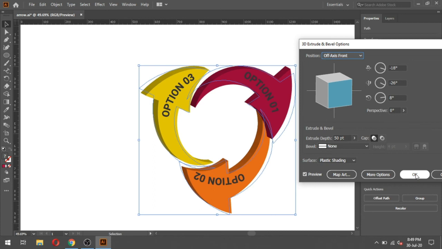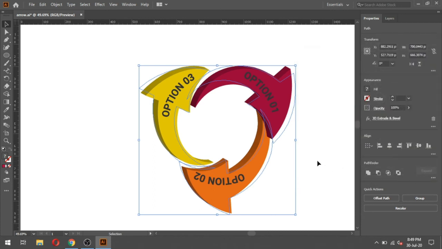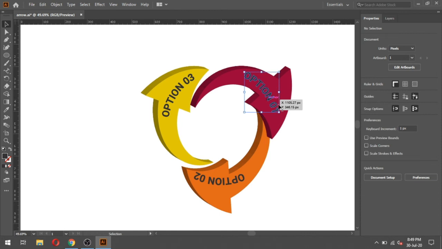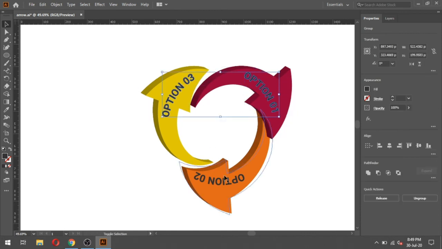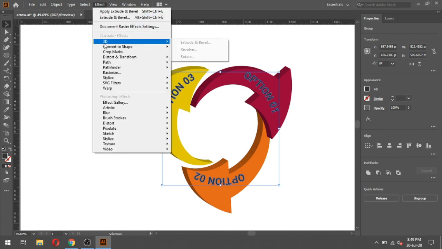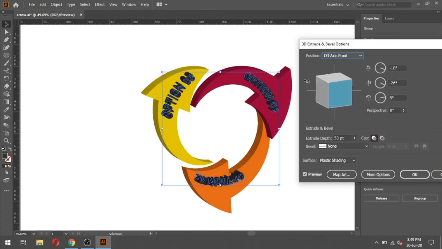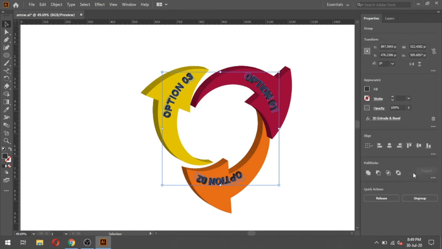Keep this value. Now select text. Again go to Effect, 3D, Extrude and Bevel and apply the same value, but we have to reduce the depth level. Okay.